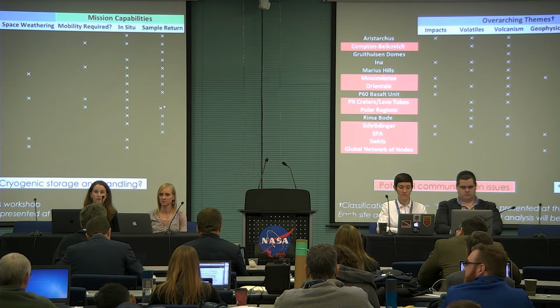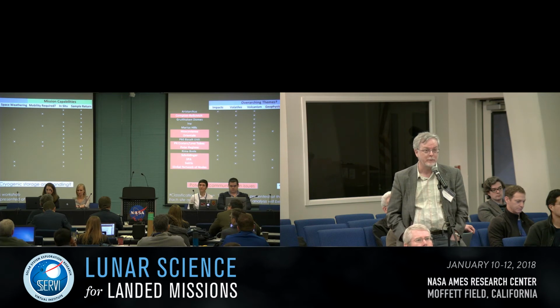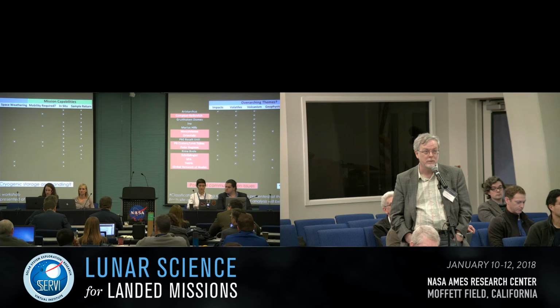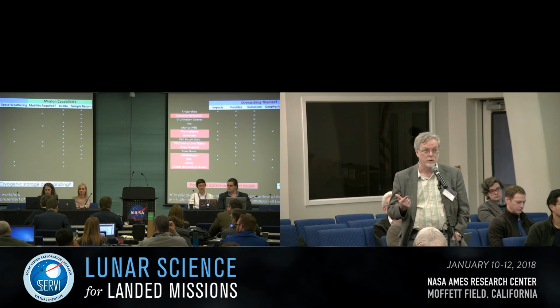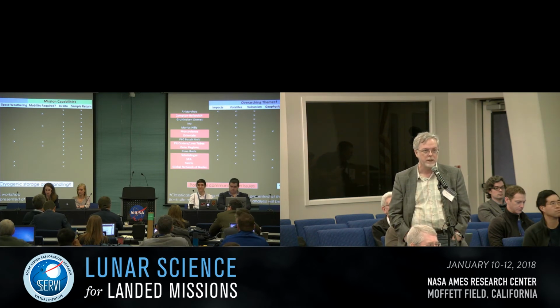So if we're filling out X's in this table, under geophysics, as you know, I'm all about gravimetry right at the moment, and so there's a few places where you could add some X's with respect to pit craters and lava tubes, lunar swirls, and polar regions. There could be gravity highs or lows associated with ice deposits. And I guess Marius Hills, to the extent to which it is a lava tube site as well.